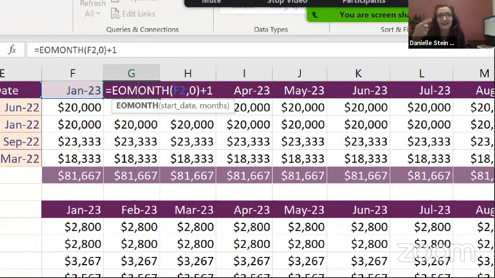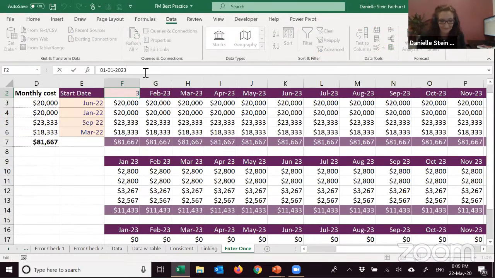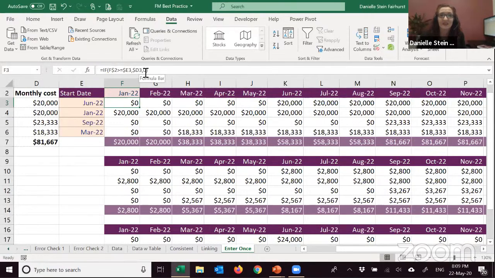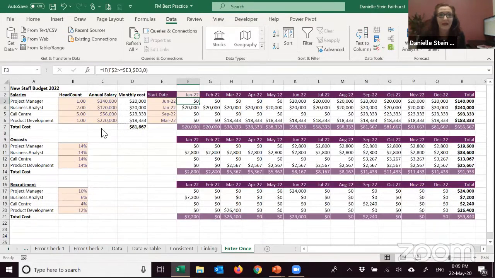So it takes you to the last day of the month and then you just put a +1 in it like that. So if I were to go into here and change that to 22, if the date was to change, everything just rolls forward there. So I really only have to change it once and everything flows through.